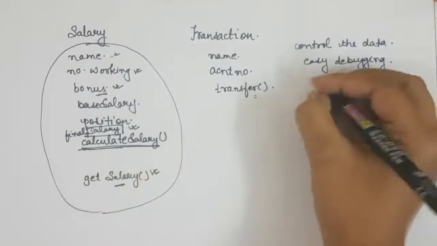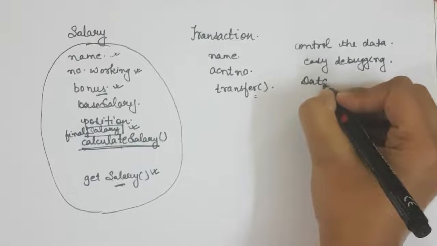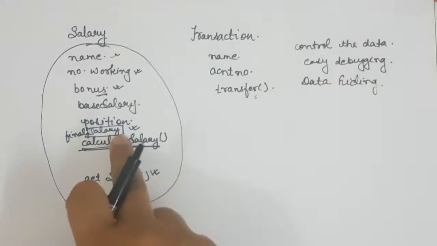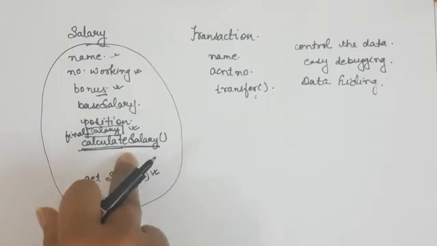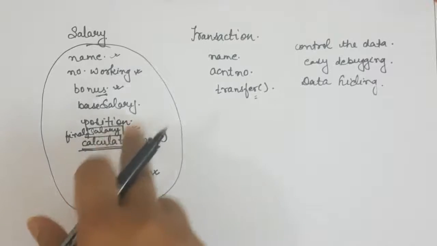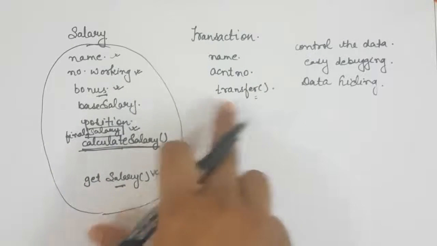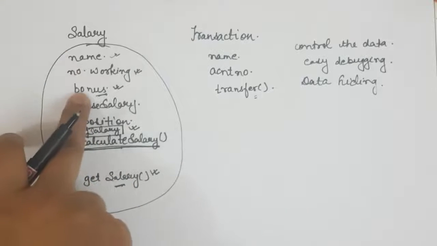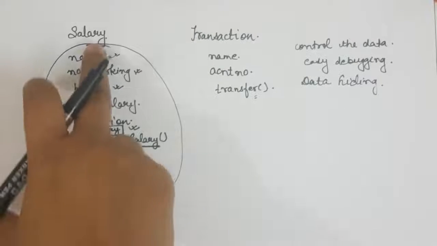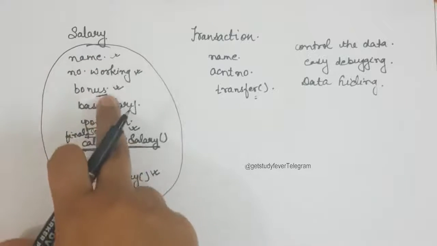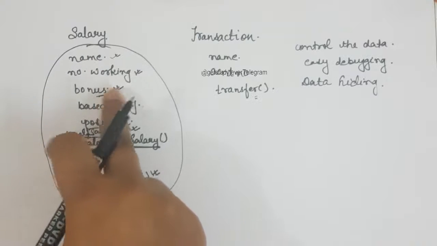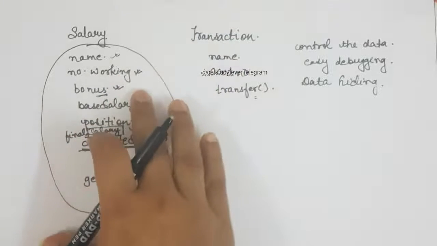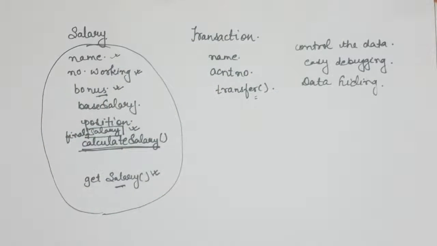Last one is data hiding. Here I have the liberty to expose whatever data I want to expose to any other user. So let's say I keep all of these as private. If I keep these as private, no other object can access this data. So this data will be hidden from any other objects. In case these are not hidden, what will happen? It may happen that other objects will try to modify them. For example, let's say